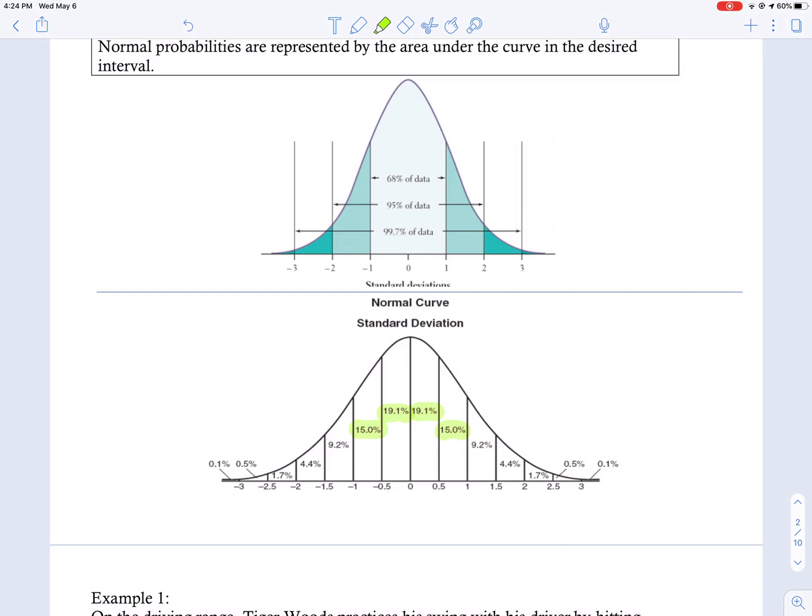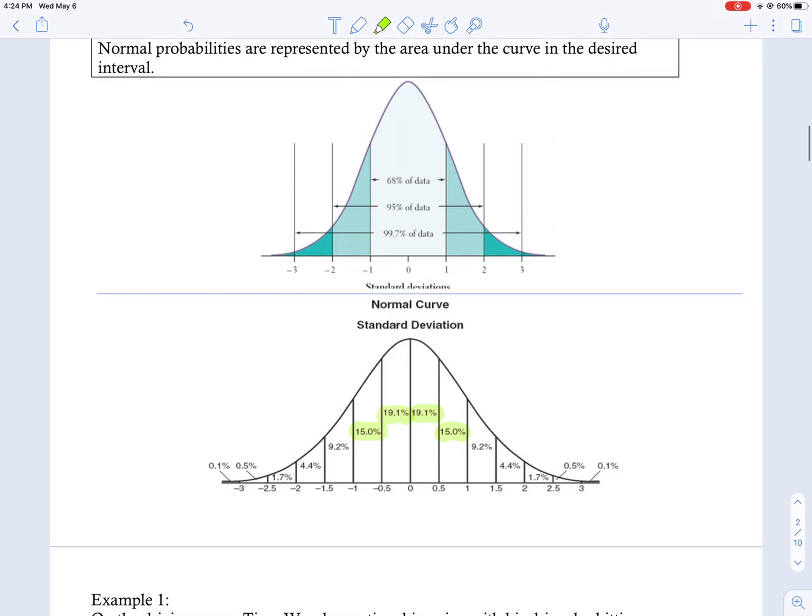And if you added those up, you would get 68.2%. Okay, so within that 1 standard deviation is 68.2%. Okay, and then if you add it up within 2 standard deviations, so I'm just going to go a